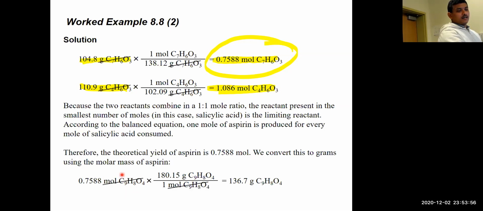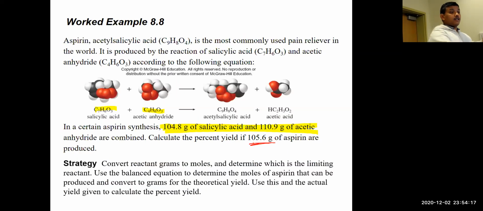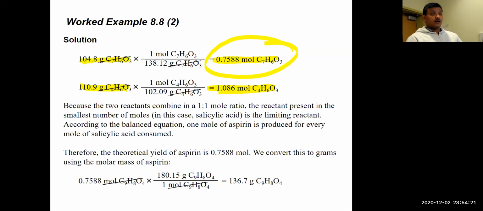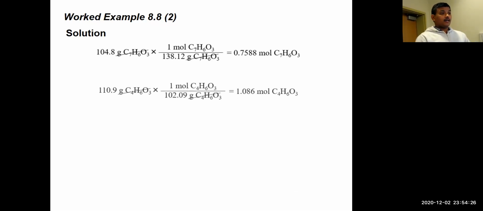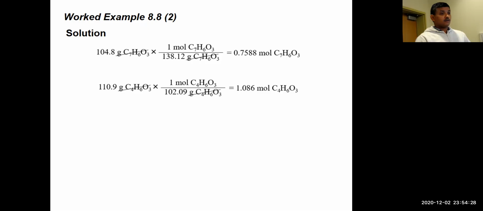So we are directly converting these moles of acetylsalicylic acid into grams of aspirin. So we can theoretically produce 136.7 grams of aspirin. Now, however, the question asked us to calculate the percent yield if we got only 105.6 grams of aspirin. And how do we do that? We calculate the percent yield by